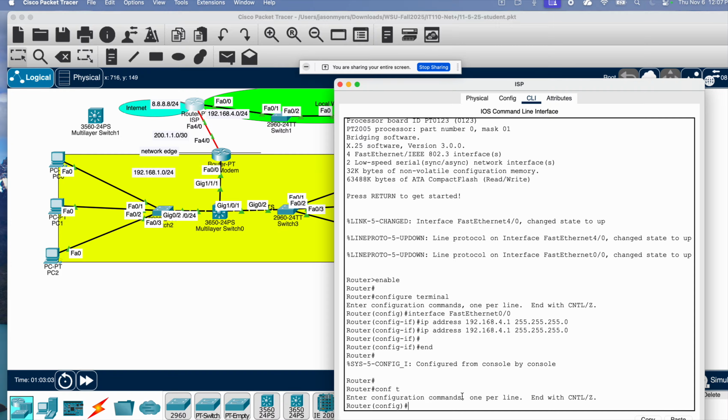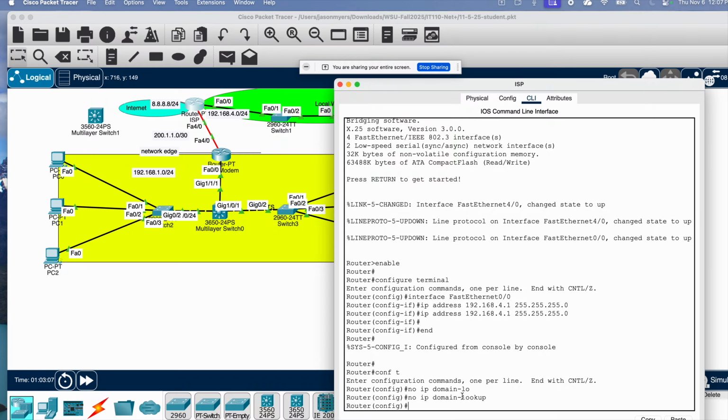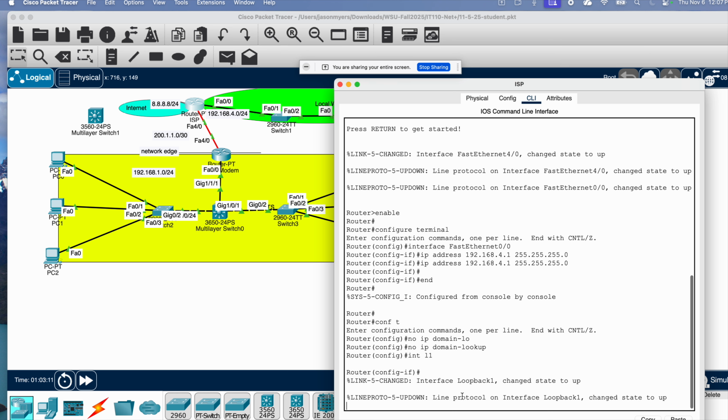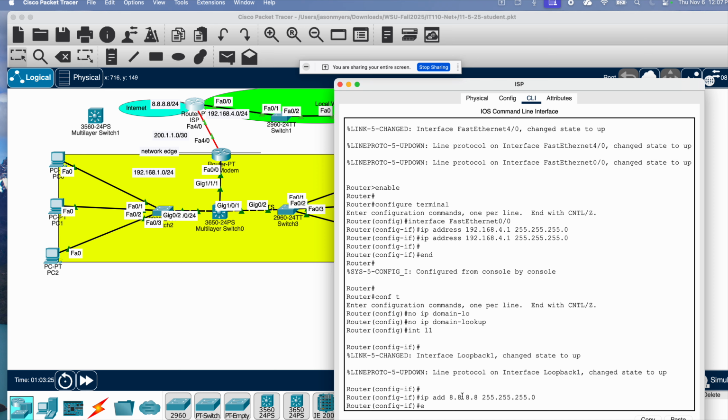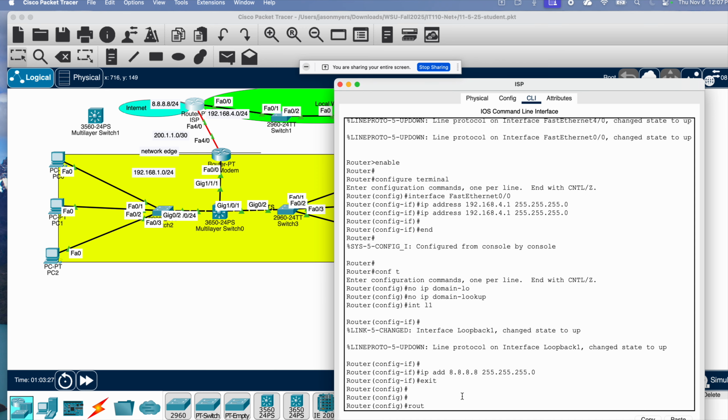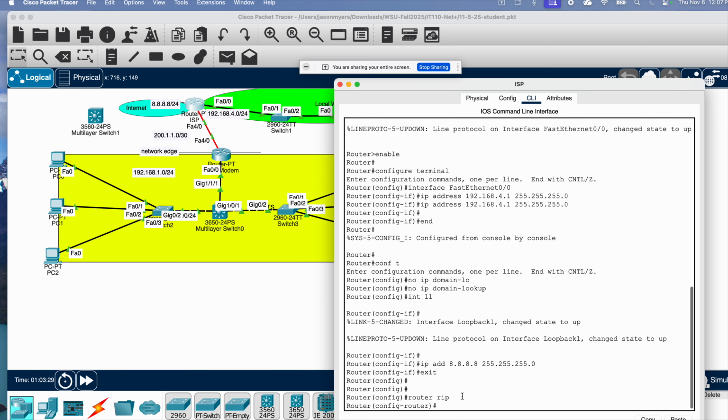Let me do no ip domain-lookup to make sure I don't make any mistakes. And then here we have interface loopback 1. It could be loopback 0. It could be loopback anything. IP address 8.8.8.8 with a 255.255.255.0 IP address. Let me go to exit, and then let me do router rip, and then we're going to